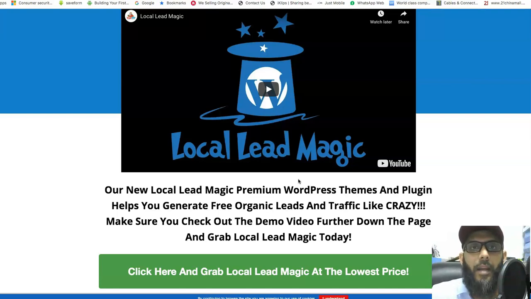If somebody clicks on Manchester, you're going to have a page especially for Manchester, and they can contact the plumber through a page which looks exactly made for Manchester. Imagine another page in London exactly for London. You know what I mean? That's the power of this theme as well as the plugin, where you'll be able to create 1,000 or 2,000 pages, and for each and every location you'll have a unique website, all created with a single piece of content and the single plugin which you're going to use.